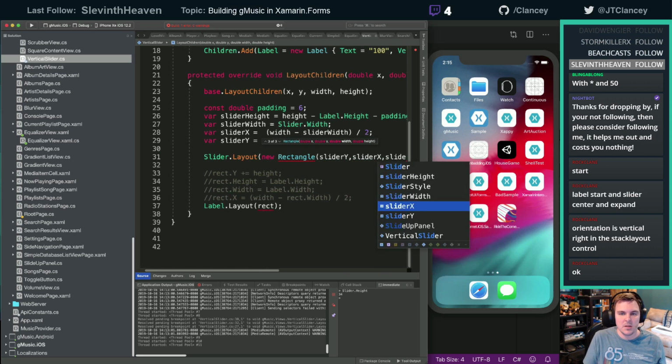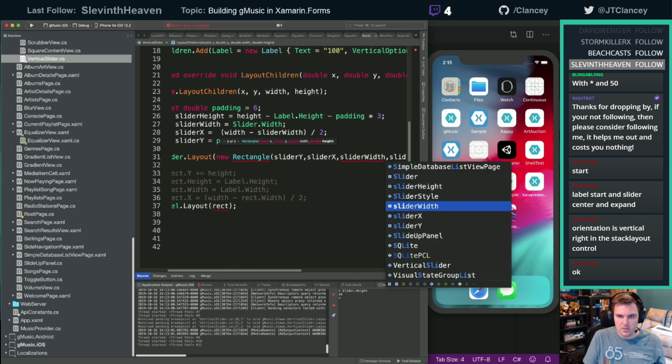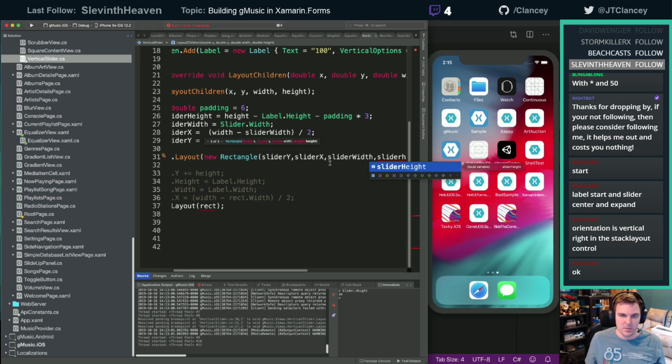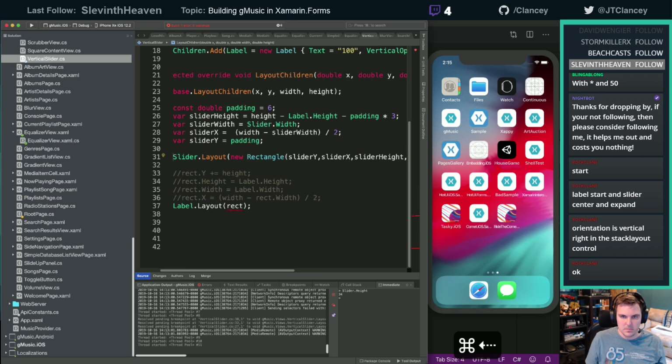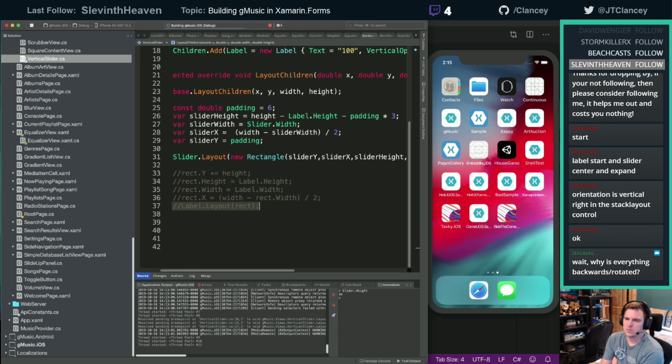Comma, slider width, slider. No, these are backwards. Let's see what happens there. The X and the Y's might not need to be reversed.